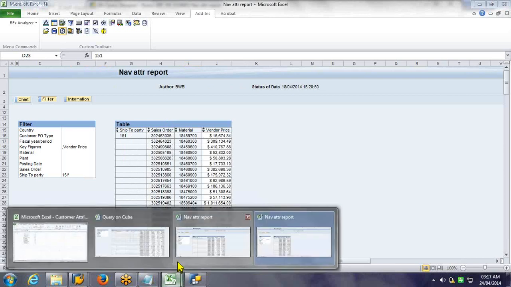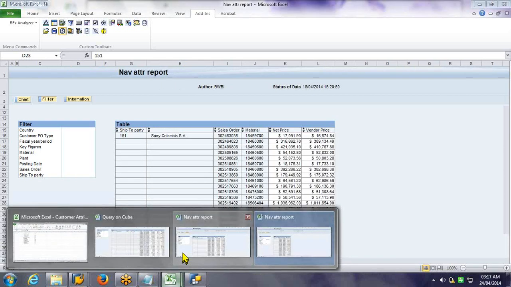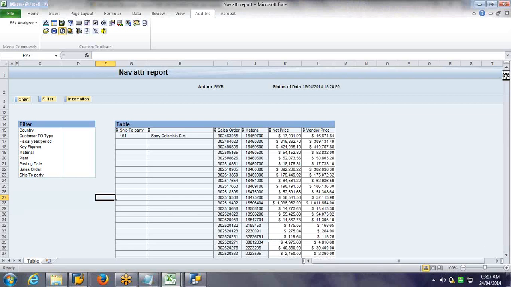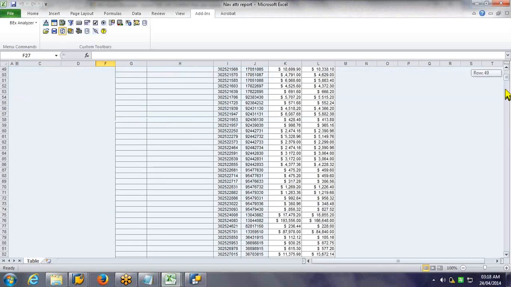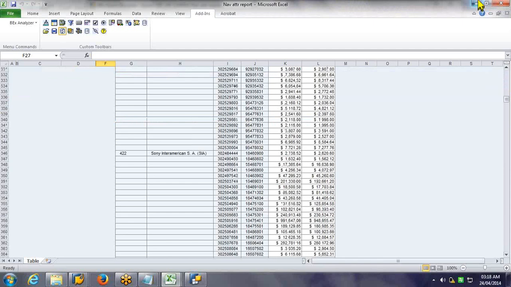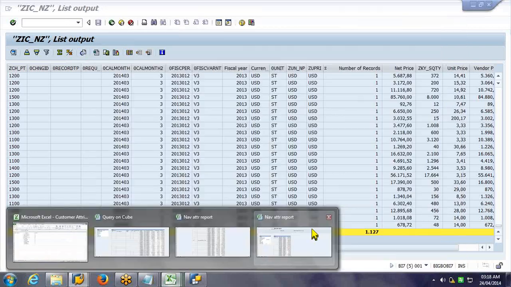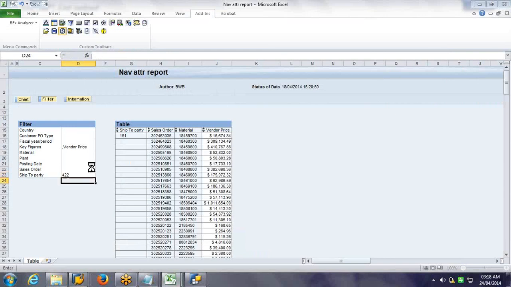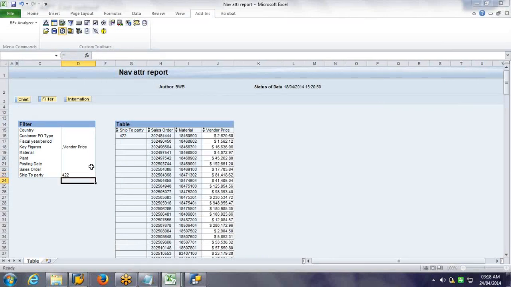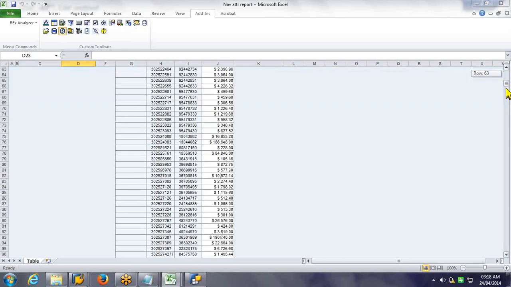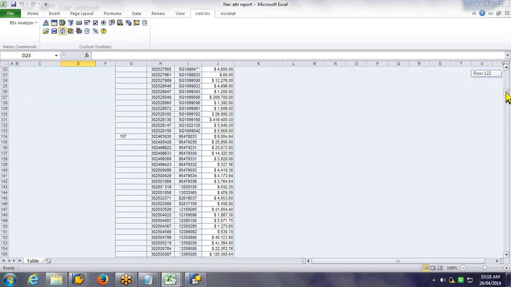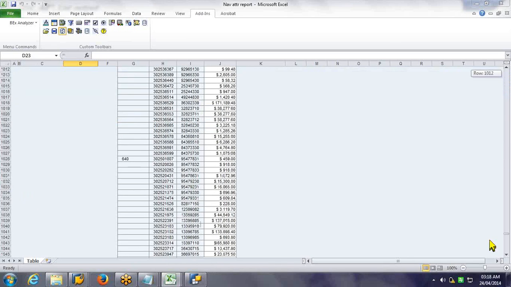Or if he wants to see ship to party number 422, let us say, he gives that number and he will see that. Otherwise, if he wants to see the entire thing, he will remove that and can see everything. So this is about the filter option in the default values.